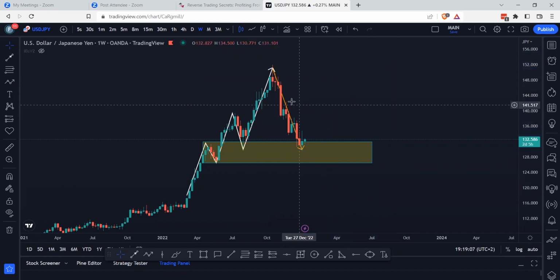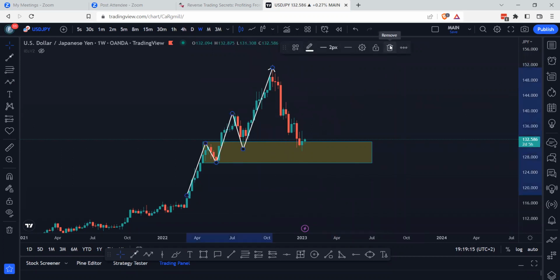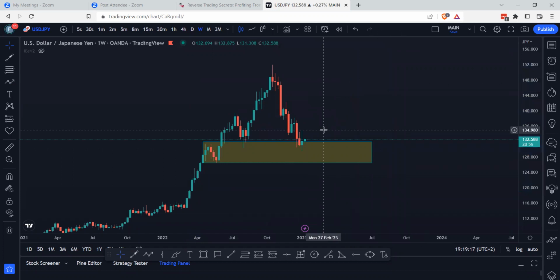The goal of checking a currency pair on the higher time frame is not to take any entry. You just want to have a better perspective of what's going on. You want the market to make sense to you, and it can only make sense when you start from the higher time frame downwards. Now that we know that price is in a demand zone on the weekly time frame,